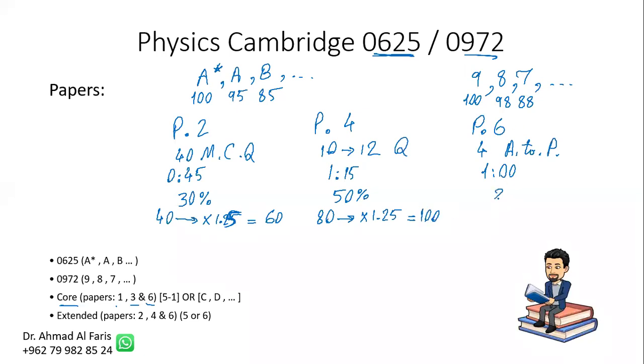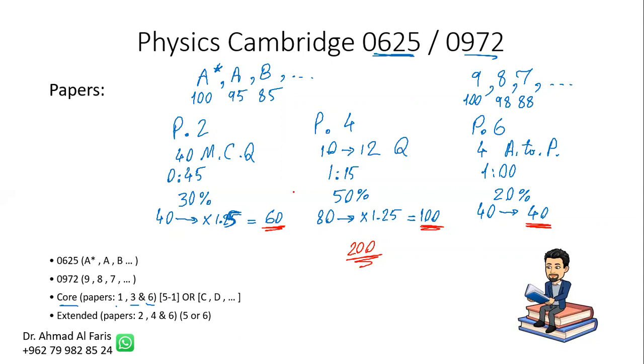And this paper is only 20% because the core people and the extended people both do it. The mark is 40 out of 40, and they put it out of 40 without change. So if we add the 60, the 100 and the 40, it will be out of what? 200 marks. And according to the curve for all the students in the world, or in your time frame,